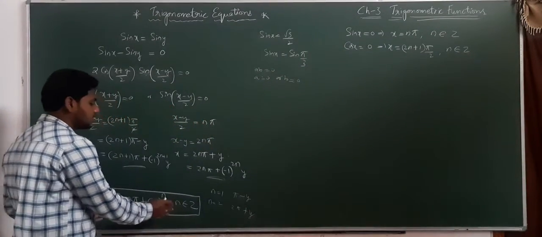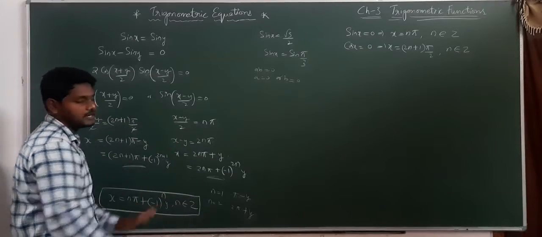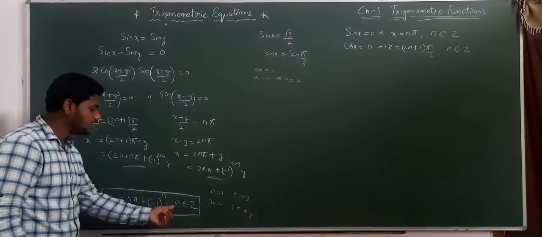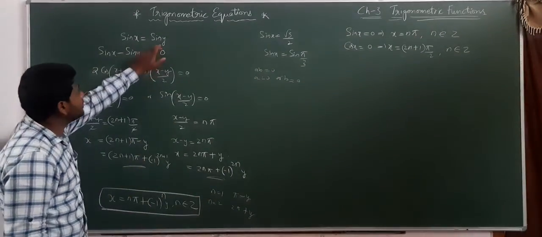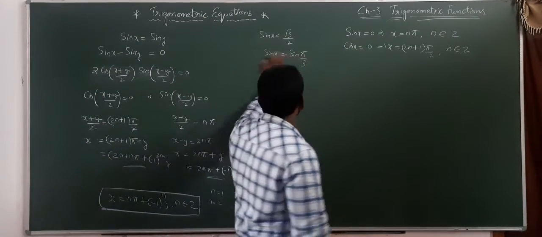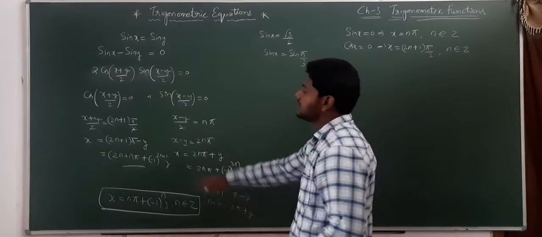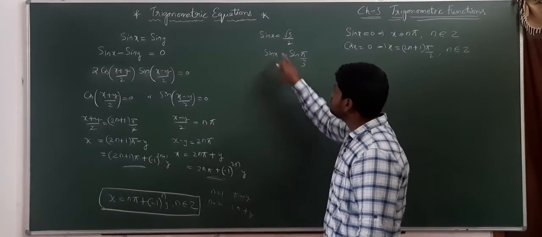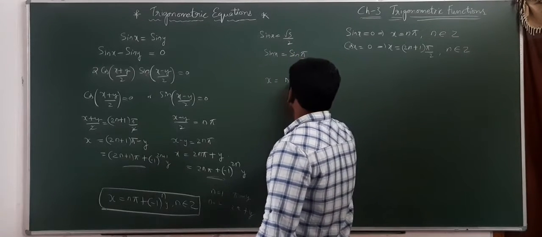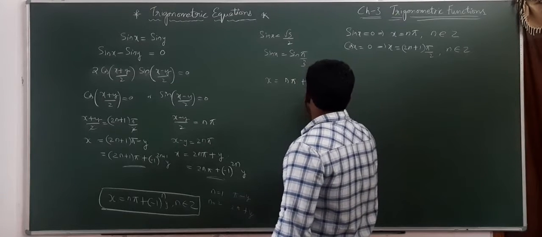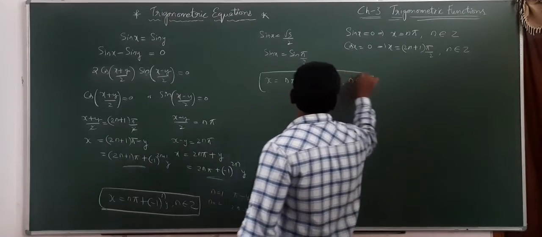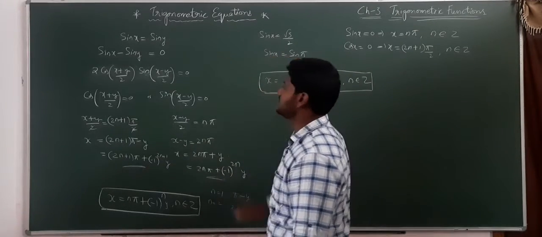Nothing but this equation is combining both this part and this part. So for combining, we will write x equal to n pi plus or minus 1 whole power n into y, where n belongs to z. Here y means here also in terms of y. But what about this? If sin x equal to root 3 by 2, so this one we will consider as the general solution. What is the general solution of sin x equal to root 3 by 2? It is x equal to n pi plus or minus 1 whole power n into pi by 3, n belongs to z. So this is what we consider as the general solution for sin x equal to root 3 by 2.